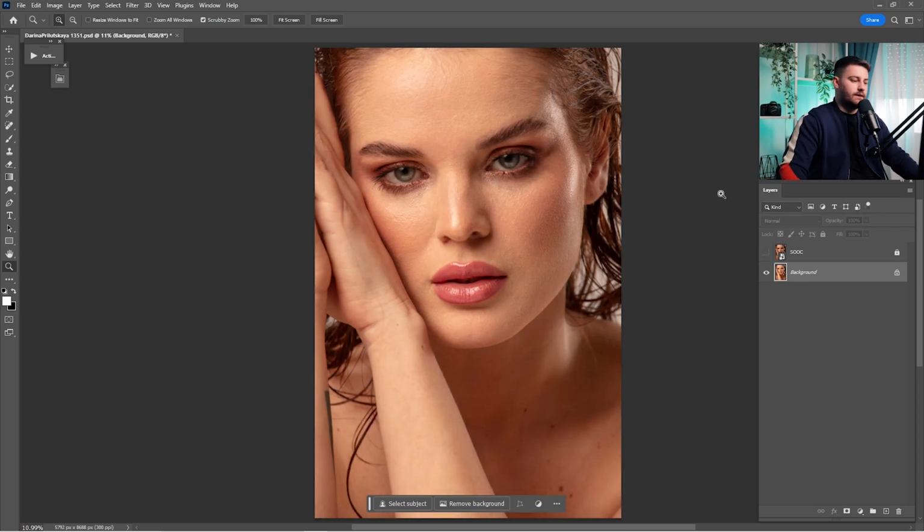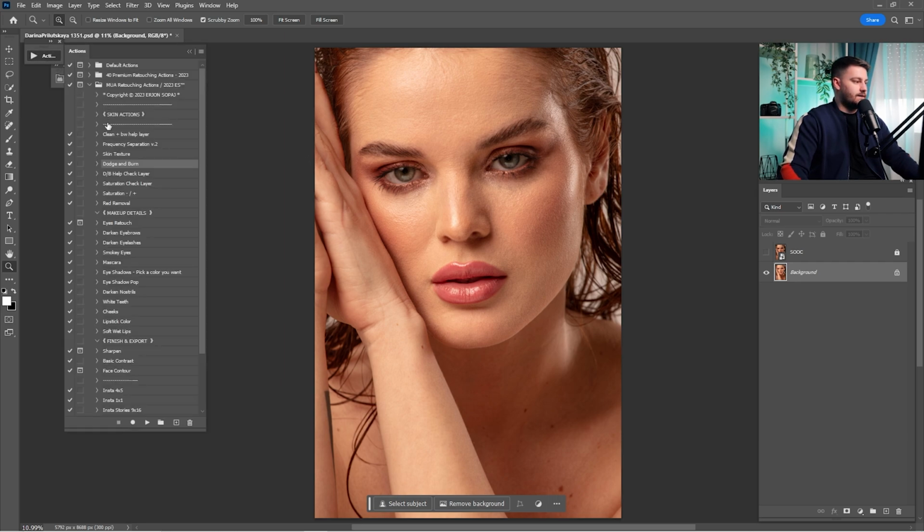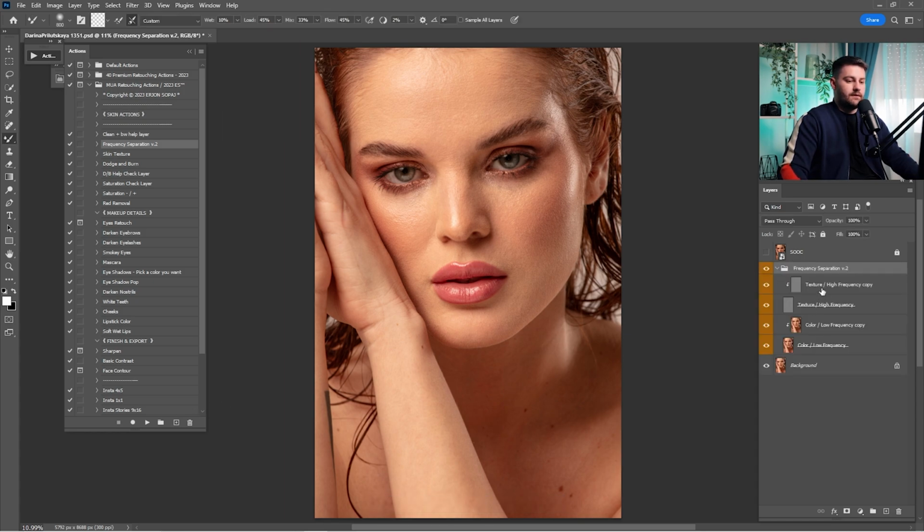Now that we are done with dodge and burn, it's time for the frequency separation. So just click on the frequency separation and click play. Wait until it's done. Now open the group of the frequency separation, and here we have the color and texture. So frequency separation works this way. You have to work first in the color, and after you're done in the color, you can work in the